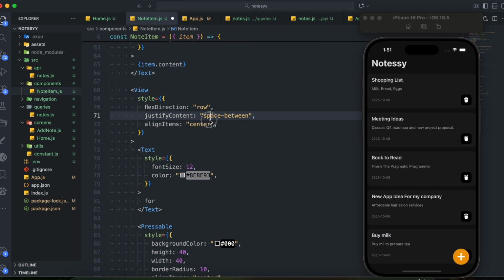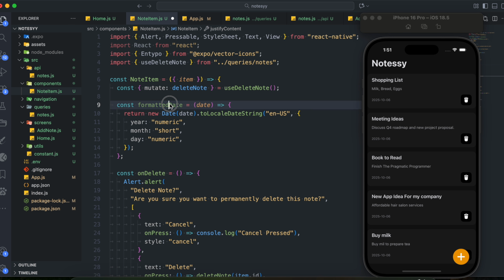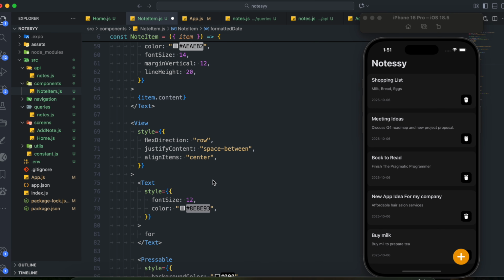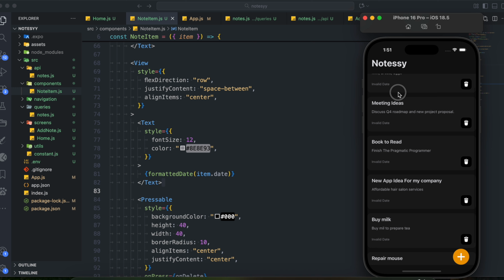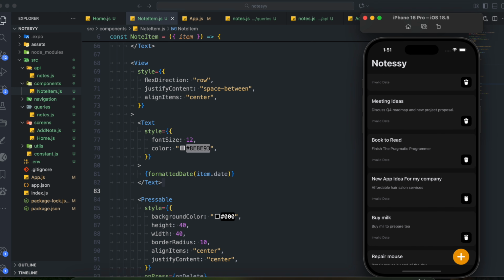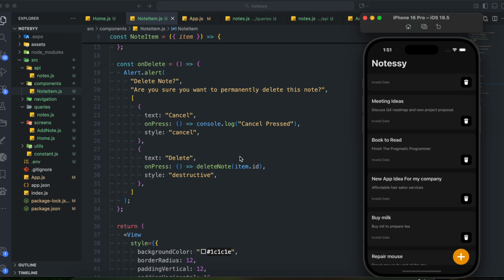Let me copy it again, and we can pass item dot date like this. Of course it should be in these curly braces. Okay, it is saying invalid date. So what went wrong with the date is item dot date,